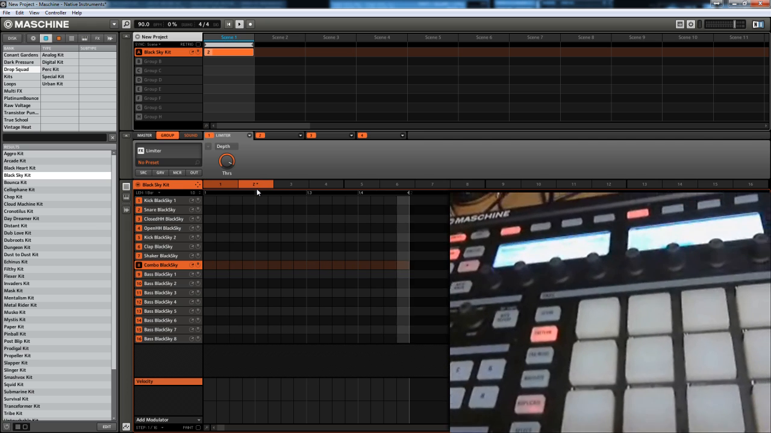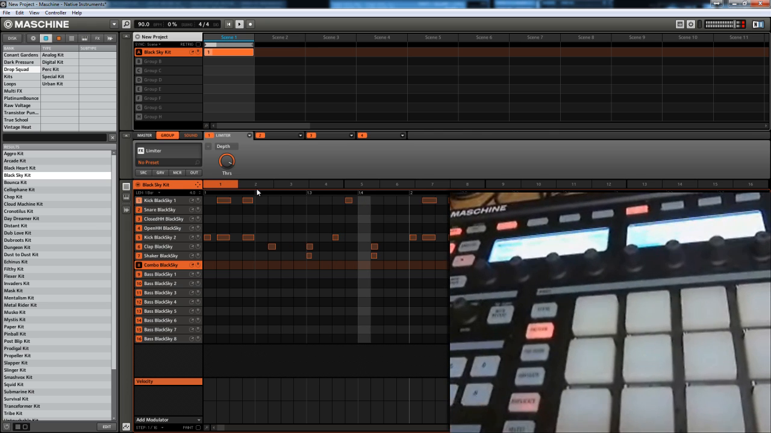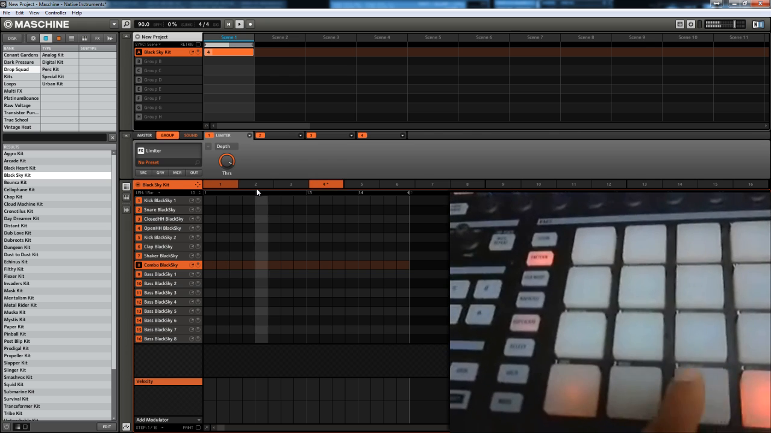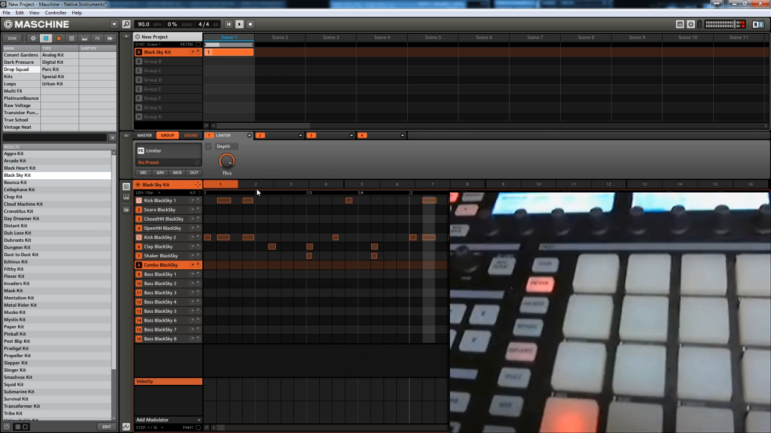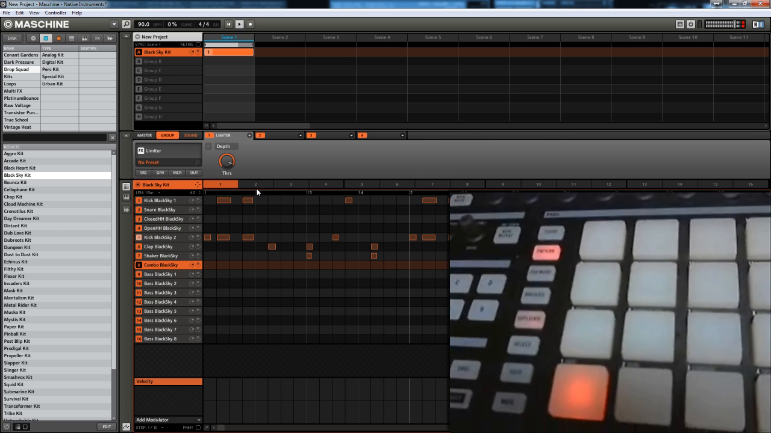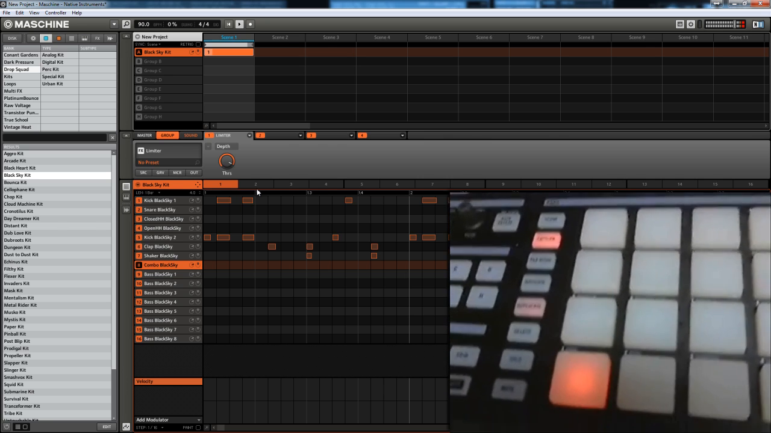That's number 2. That's actually the second pattern. And when I hit pad 1, it switches back to the first pattern. So you can go through all the patterns like that. Now, unfortunately, with this, I know you guys are thinking, like if you've used Fruity Loops before, you can either